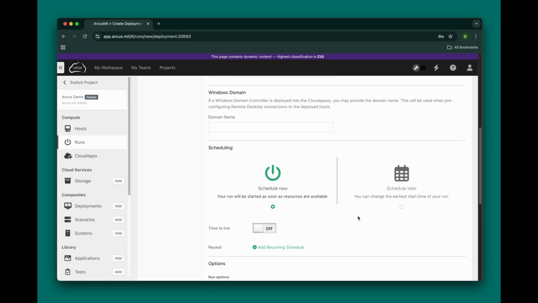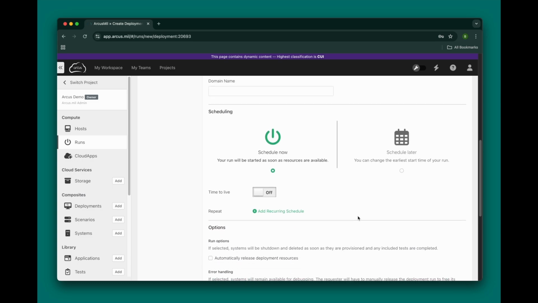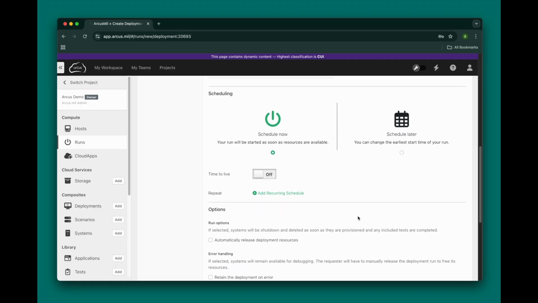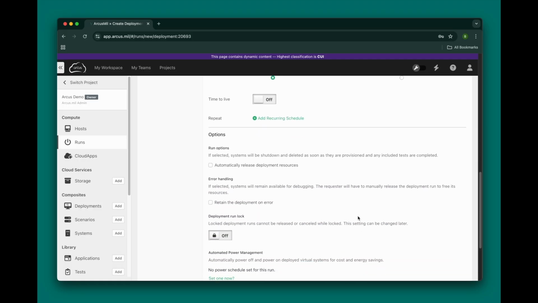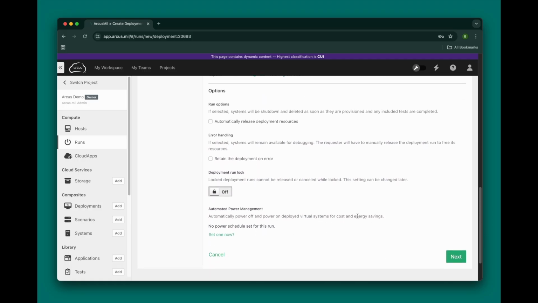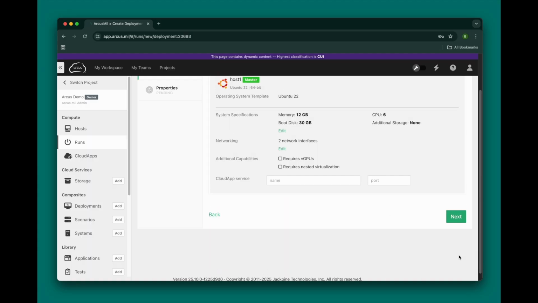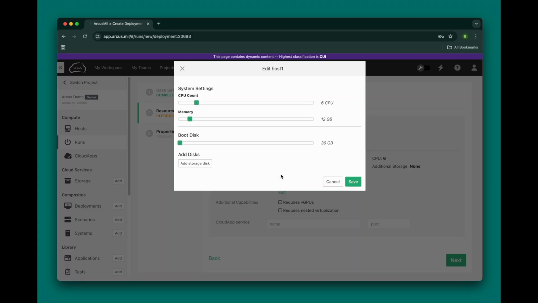We're going to leave them with the default values for now, but if you'd like to learn more about launch options, you can check out the link in the upper right-hand corner of the video or in the video description down below. That said, it's always a good idea to check Retain on Error just in case there's any issues launching the run. On the next page, you can make edits to your system specifications